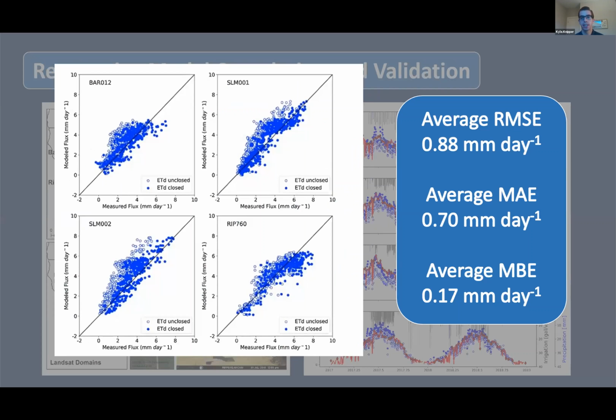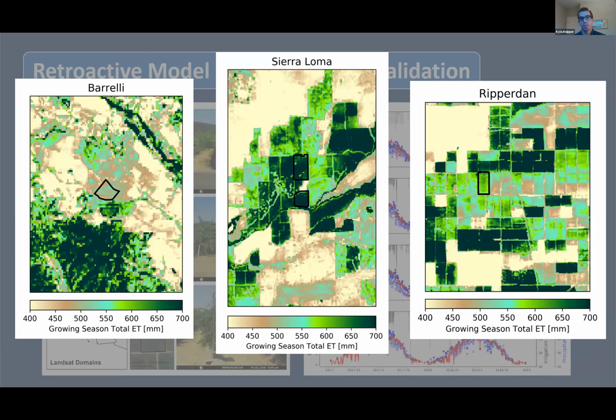In fact, statistically speaking, we can look at modeled values and the average RMSE is 0.88 millimeters per day and the mean absolute error is 0.70, when calculated over both those years over all 4 sites. And one of the main benefits of using this satellite information, as with the UAV from Alfonso, is being able to look at ET spatially and look at spatial differences and heterogeneity, not only within the vineyard, but over large ranch sites that may be available,